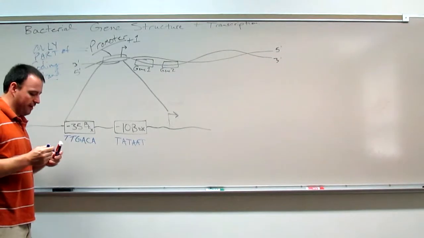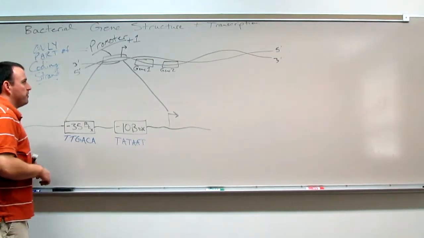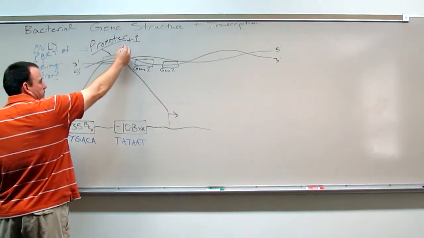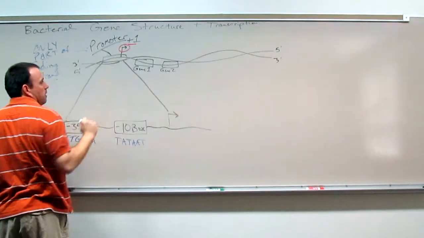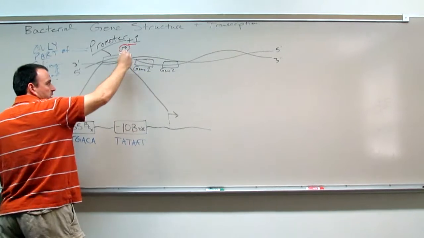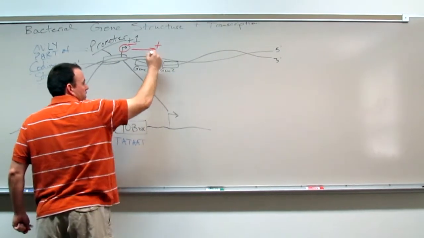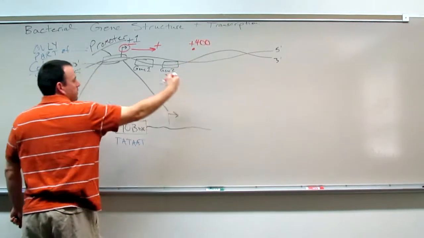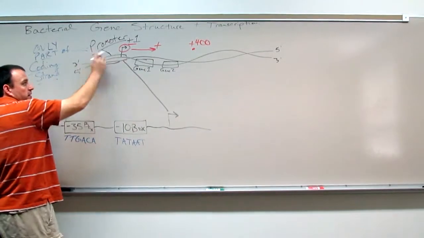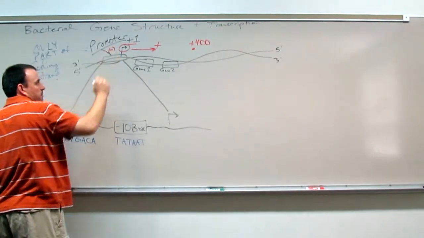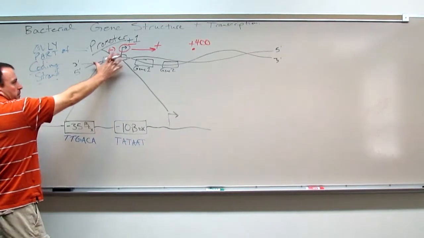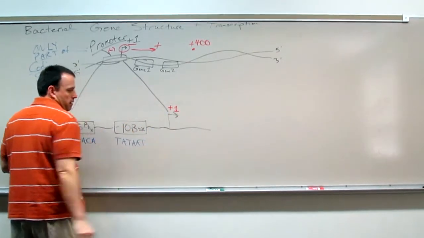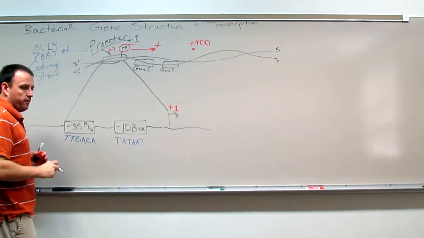Because they get wildly different from each other. Well, on average, bacterial promoters have a couple different features. So, if this is our +1 site, right? Our site of transcription, anything going this way we're going to call plus. So over here might be +400. Okay? So any place that we go behind the transcription start site, this is the minus direction. Okay? So when I break this promoter down and I make it a lot bigger, here's our +1 site. The very first base on the coding strand that will be made into an mRNA,